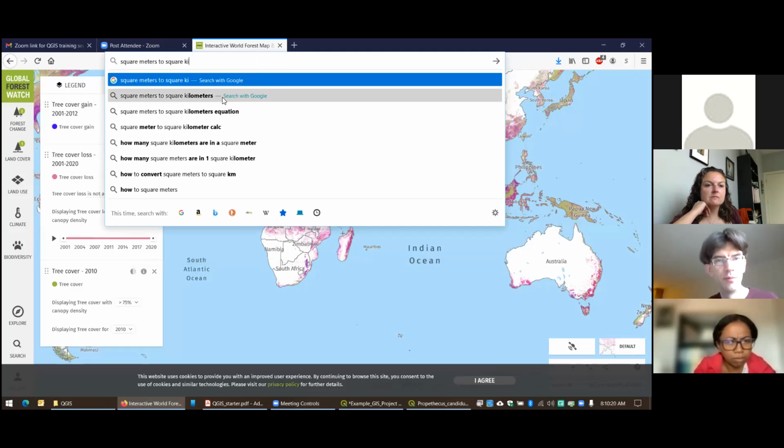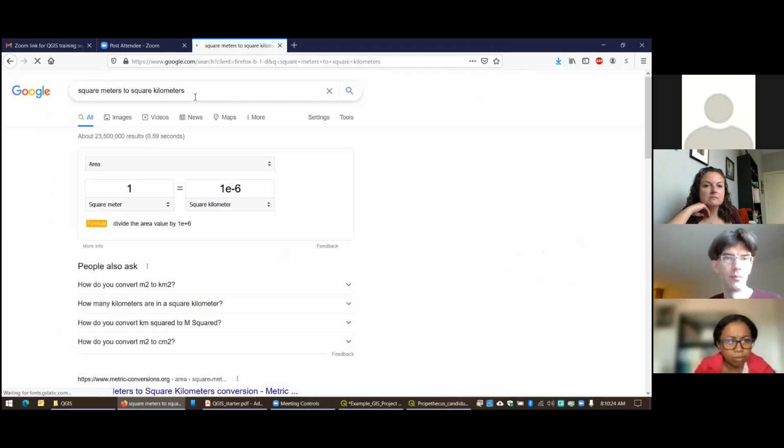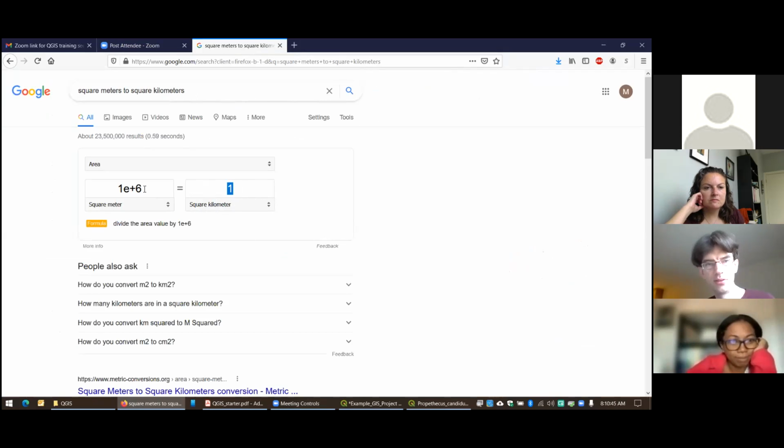Google to help me convert. And so it tells me that, I'm actually going to reverse this. I'm sure you guys, hopefully you guys have used this before. Come on here. See, there we go. So it says that 1 square kilometer is equal to 1 times 10 to the 6 square meters.